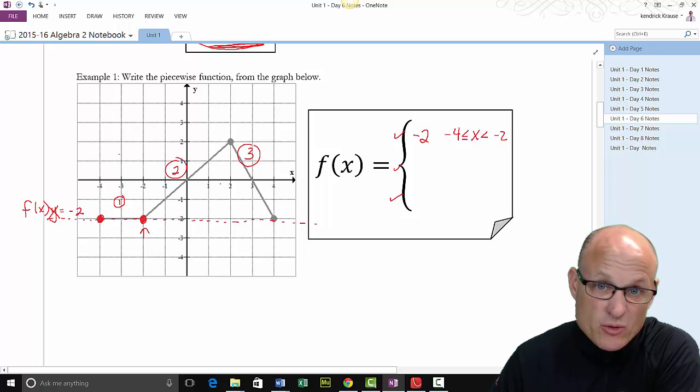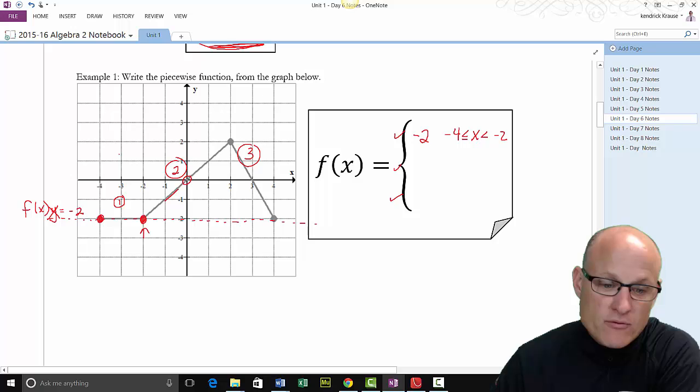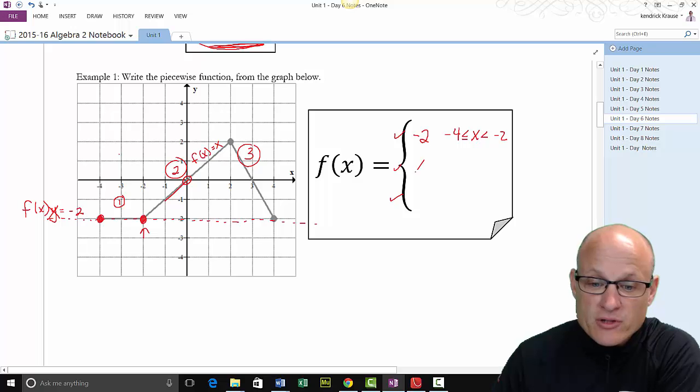Just because that's the way I want to do it. And it's okay. Let's look at this piece. This is the line. It's got a y-intercept at the origin, so it's got a y-intercept of 0, and it has a slope of 1. Well, you ought to recognize this as the function f of x equals just plain old x. So my second part of the function is f of x equals x, and we're going to do that